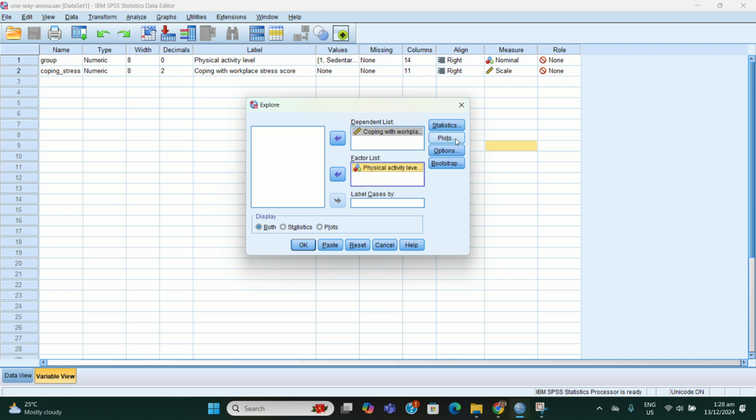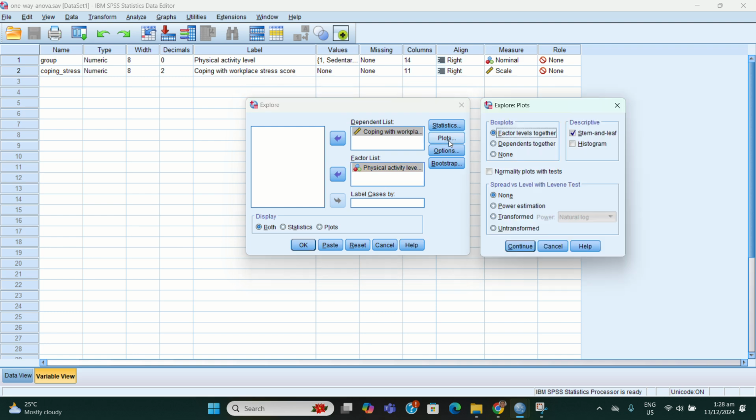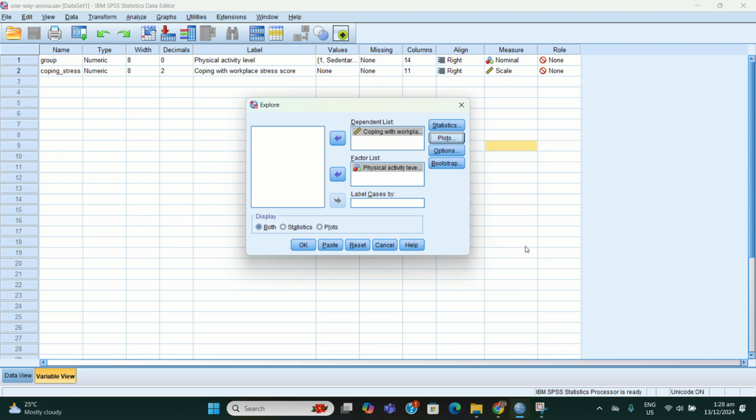Then we have to go to Plots. We have to check the normality plots with tests and uncheck the stem and leaf. And then we have to continue. And okay.